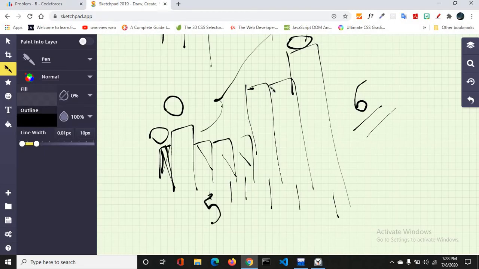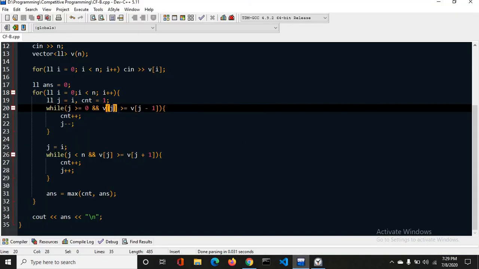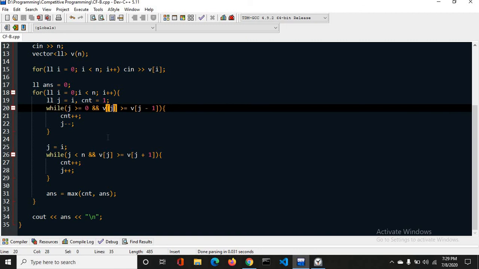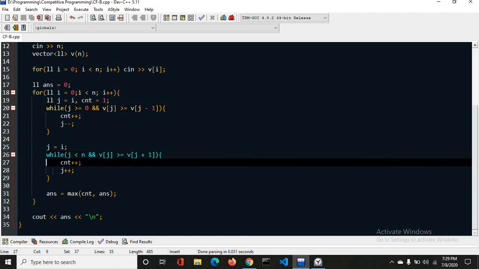So for example, if we are here, until this is less than the left top side, we will check that v of j should be greater than or equal to v of j minus 1. Until that we will loop through the whole while loop, and as soon as we reach a point where v of j is less than v of j minus 1, as you can see here, we will break through the loop, and then in the next while loop we will check